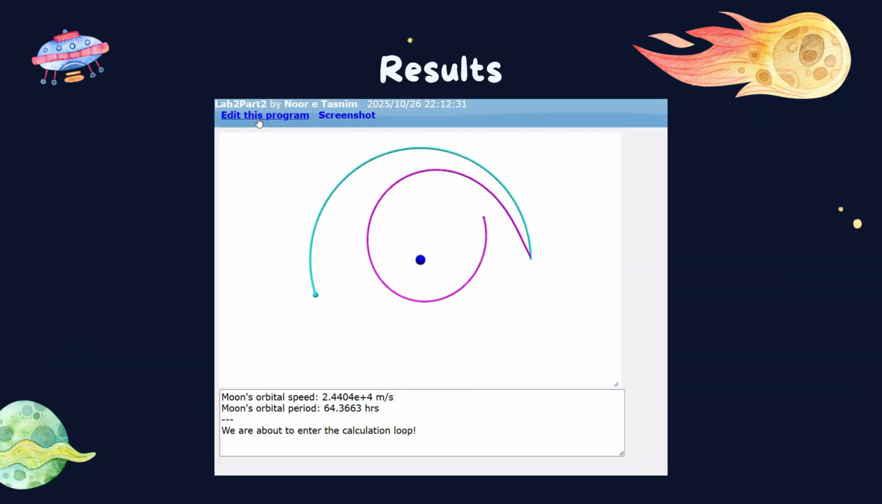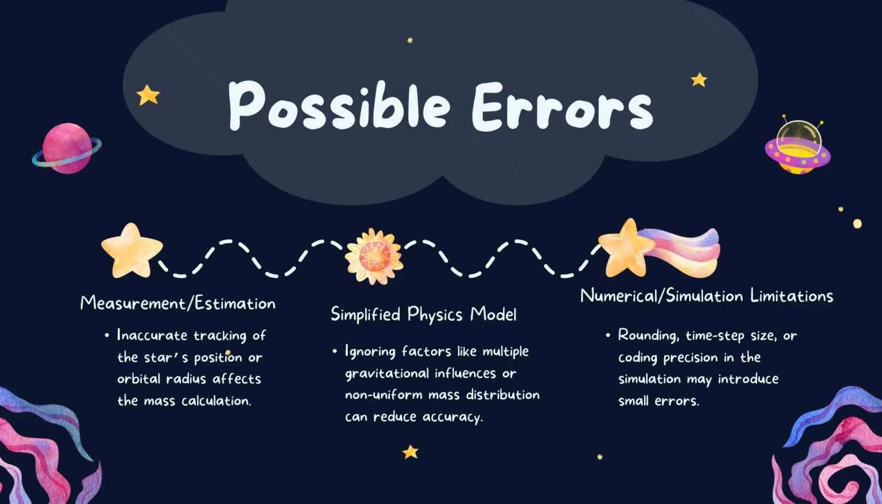So this is the result of my computational model. As you can see, it does a figure 8 loop because it's influenced by both the gravitational forces of the moon and the planet, which gives it a complex orbit. So some possible errors in my experiment include measurement and estimation errors, which could be due